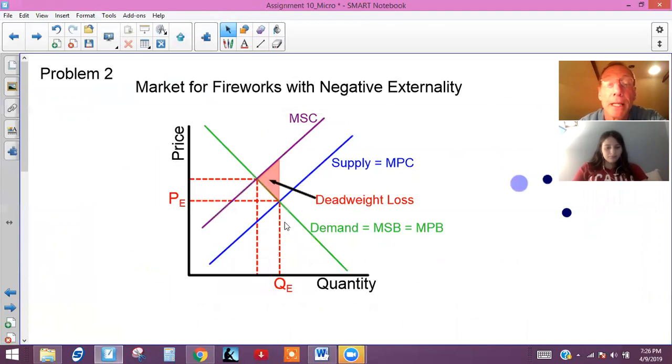And then that would mean that in order to find the socially optimum point, in order for this cost to be taken into account in the market, you would actually want to produce less fireworks at a higher cost, so that the neighbors wouldn't be as disturbed, because fewer fireworks would be purchased and there would be less noise, right? If they were more expensive up here. So when that happens, you create a deadweight loss